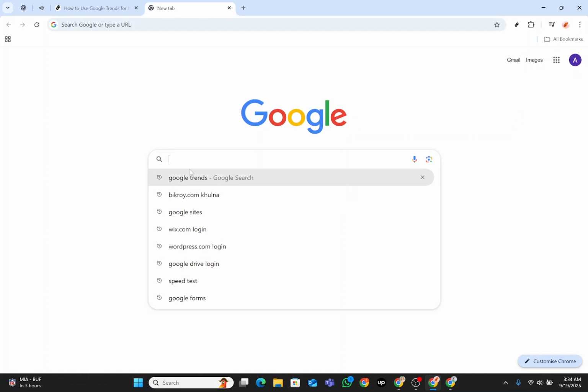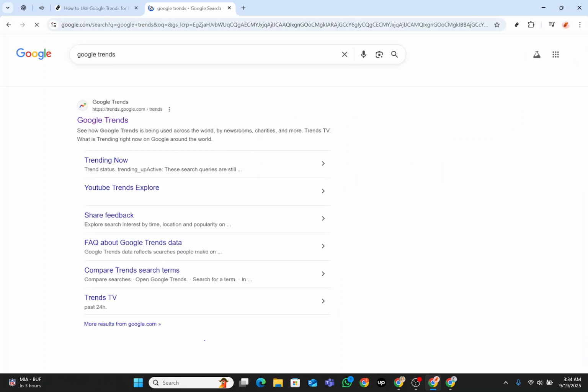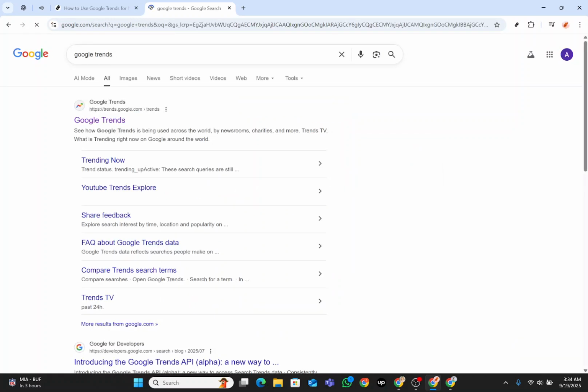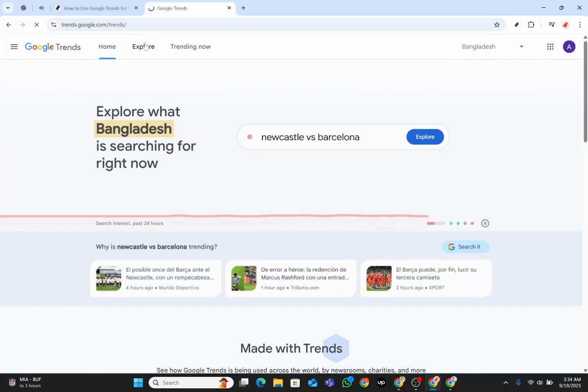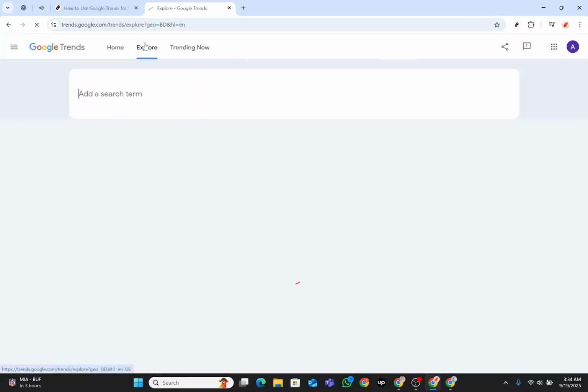First, you'll want to open your browser and head over to Google. In the search bar, type in Google Trends and hit Enter. You should see a list of results, and typically, the first link should be your best bet. Click on it to open the Google Trends homepage where all the magic begins. Once you're there, you'll want to click on the Explore button, which will allow you to really dig deep into